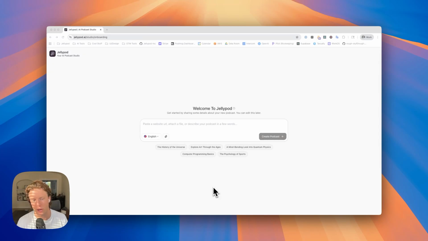So when you first sign up for Jellypod, you'll get thrown into this familiar chat-like interface where you could select a language for your podcast. You could upload PDF slides, YouTube videos, whatever sort of content into this chat box. So we're going to go from taking this idea and this content into a fully editable podcast on Spotify in